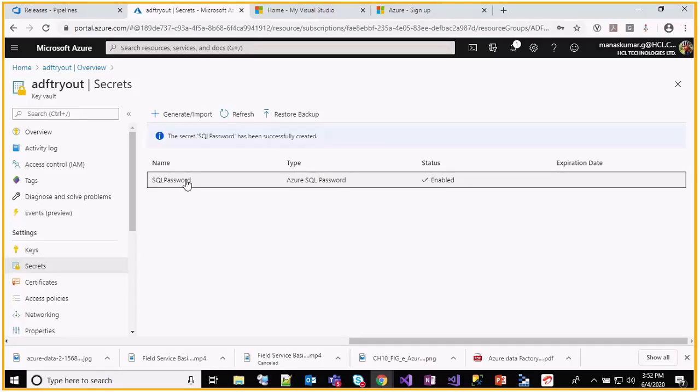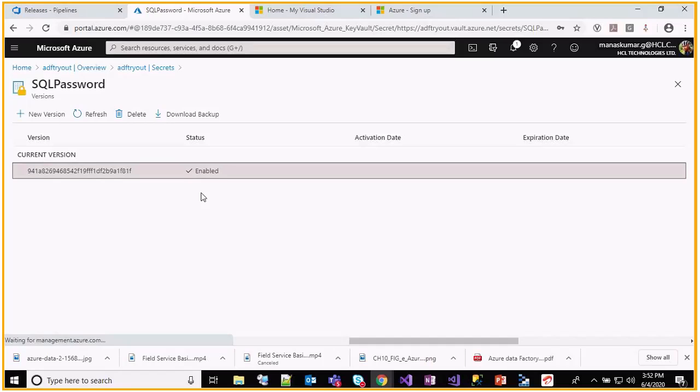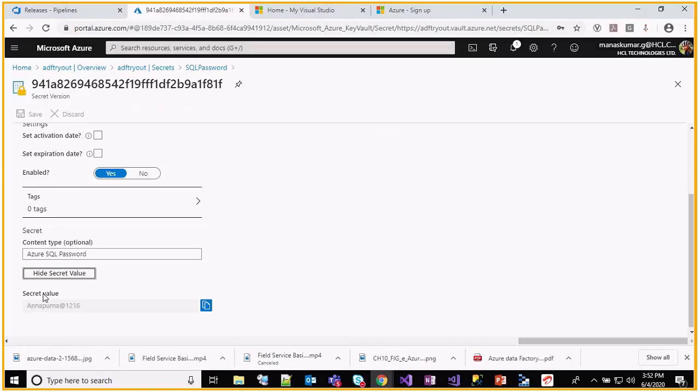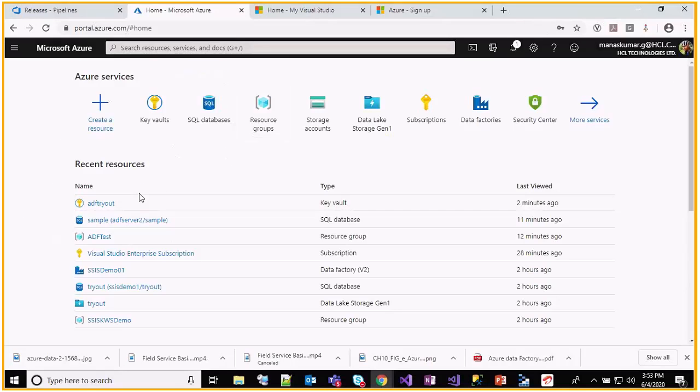This is a secret name. This secret name we should provide in the applications wherever we want to use this password, so that it will fetch the value from the secret. This secret value will be fetched from that Key Vault. So after creating the Key Vault, now let's start using Azure Data Factory.